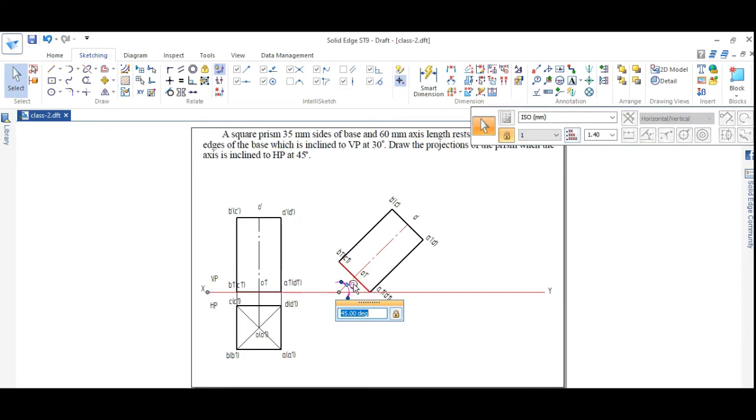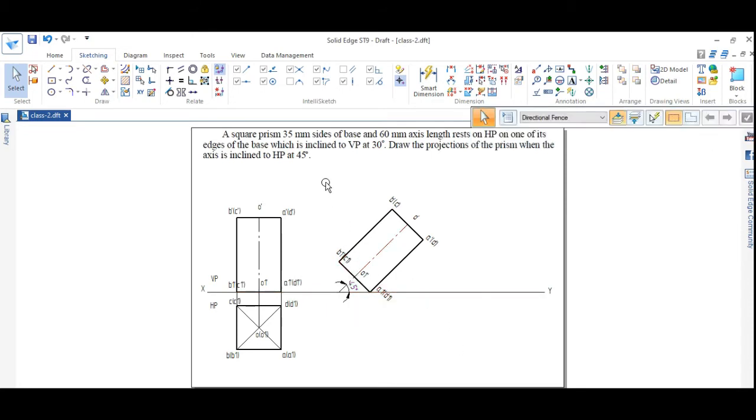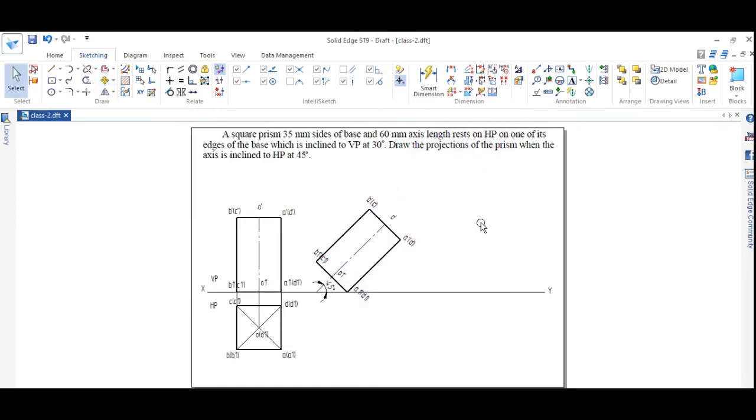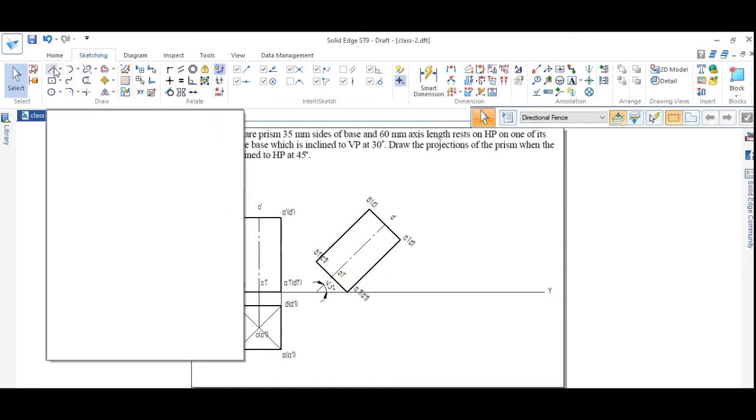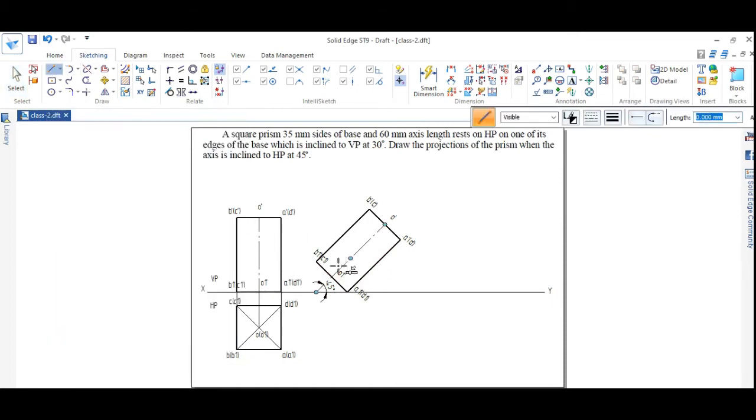With respect to this point also you can take 45 degrees and you can tilt it or you can do it manually, okay, right? So for convenience I will just move this view a little bit nearer to here because I have to complete the final position, right? So for space requirement I will just move this view a little bit closer to the first position. Next, using the projection line I will just join the lines.